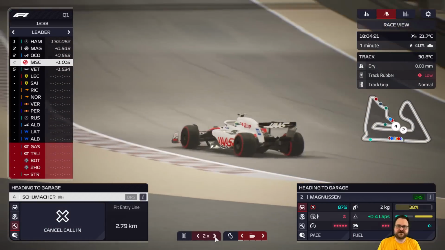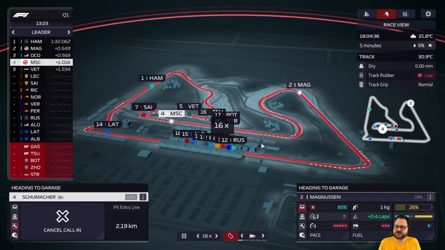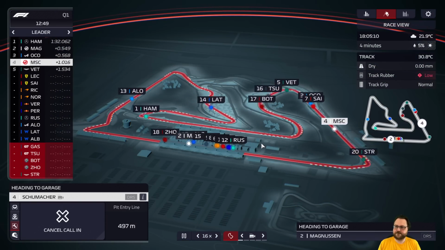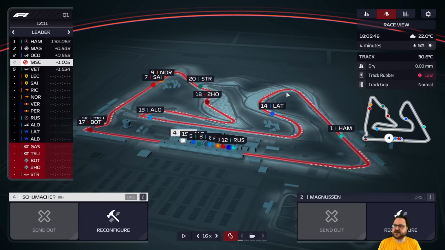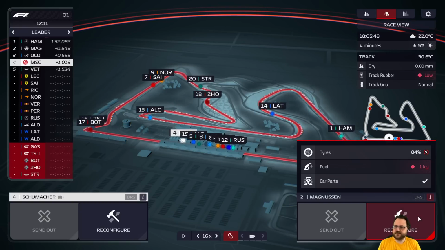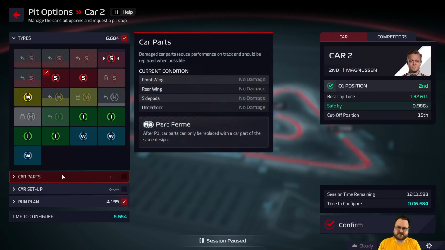Go to double speed for a sec. You know what? A bunch of people are still in the pits. We'll go to time 16 here. All right. So we're back in here. So, I mean, reconfigure. Obviously, we're going to put on some fresh softs. We did use a lot of softs in practice. We don't have a lot for race day, but...